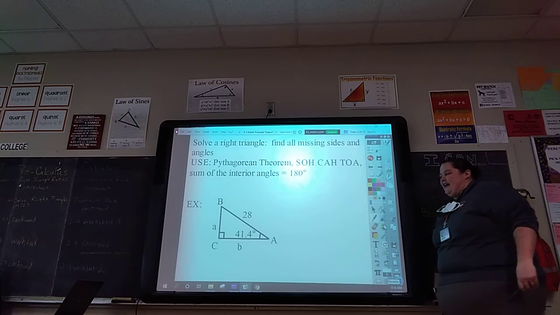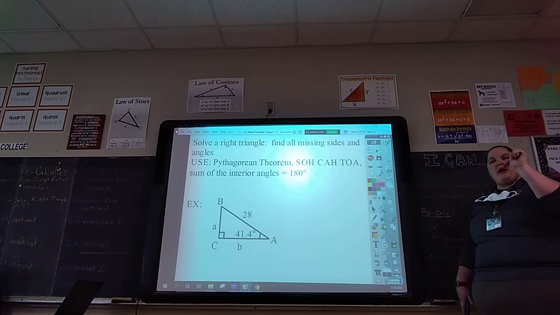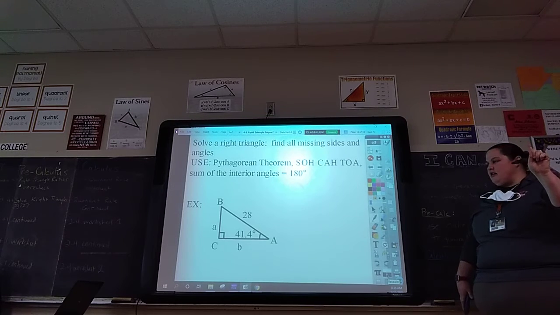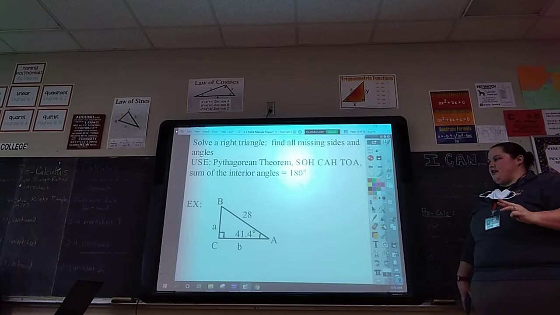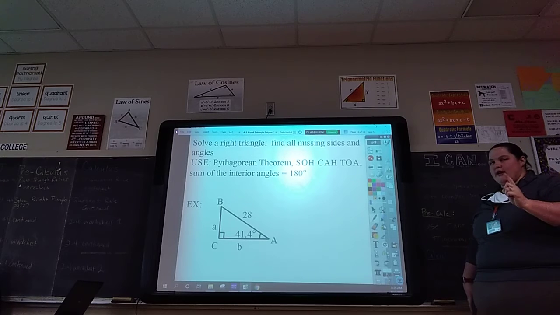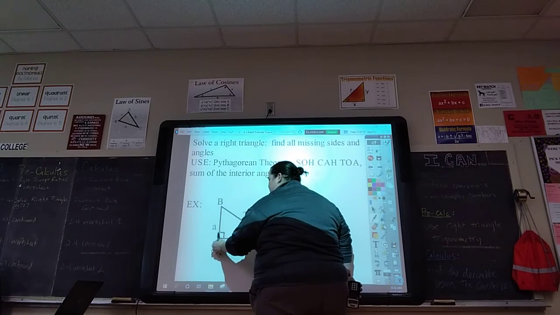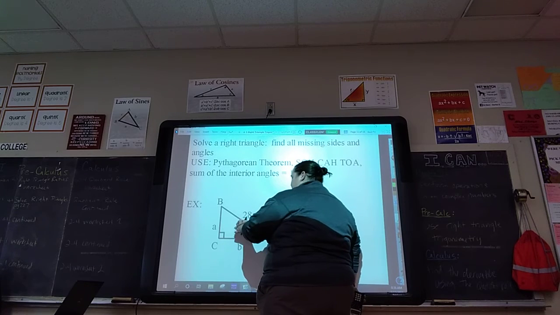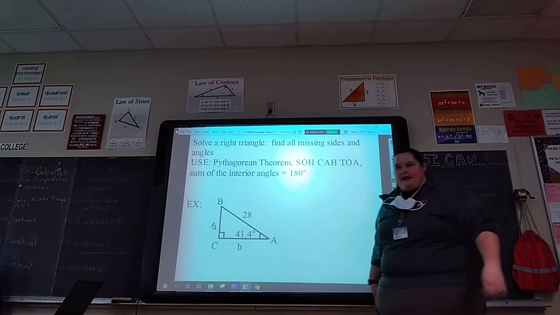Let's look at a triangle. You will need 3 bits of information. One angle is 90. And then you'll either need to be given an additional angle and a side, or 2 sides. So you always need 3 pieces in order to do this. If you just have 2, it's not going to work. So you need at least 1 side and then either an additional side or angle along with this 90-degree angle. You always know this one angle, so you'll either need another angle and a side, or if you just have the right angle, you can have 2 sides,